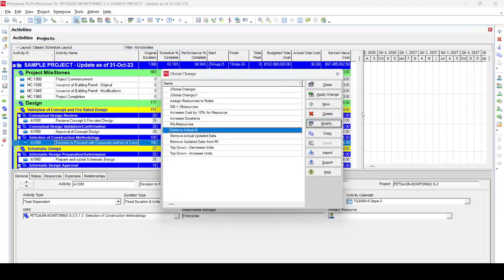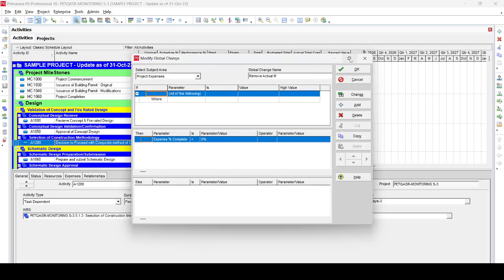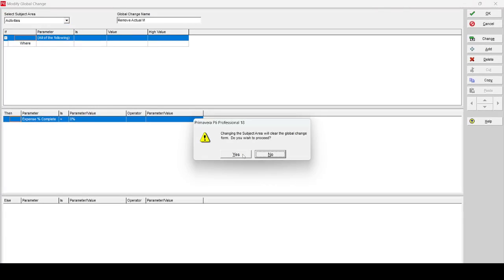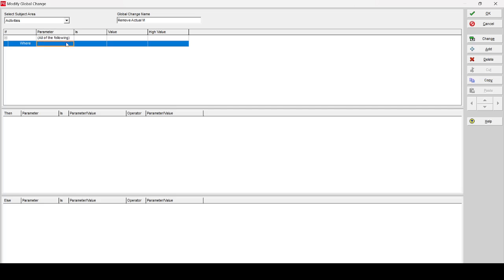Now our final item is that we want to change the activity status of activities which are either completed or in progress. We want to set the status of these activities to not started. So we make the same global change, modify this one here, and make the subject area activities. Okay, and we say activity status